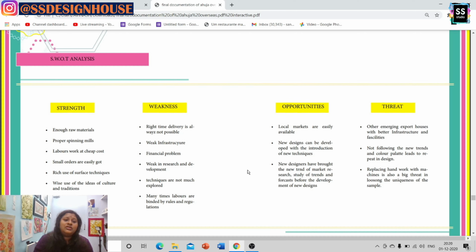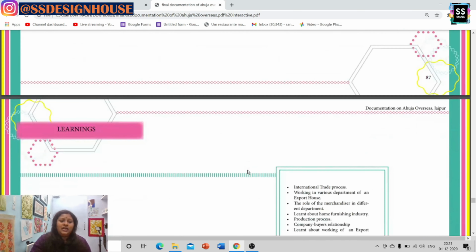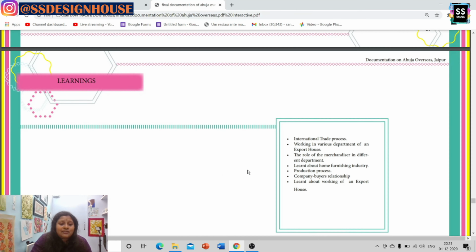Now I have shown the SWOT analysis. This is the very important part of the document, guys. अगर आप SWOT नहीं लिख रहे हो then please लिखो, because इस पे बहुत सारे marks हैं. You are going to get very good marks if you are analyzing SWOT of that company. SWOT means what? Strength, Weakness, Opportunities and Threats. तो हर एक कंपनी की अपनी strength होती है, they have weaknesses too, they have opportunities too, and they have threats too. So do mention it in your document, either if you are doing your documentation for internship or graduation project. This is important. So these are the learnings what I learned from my internship.